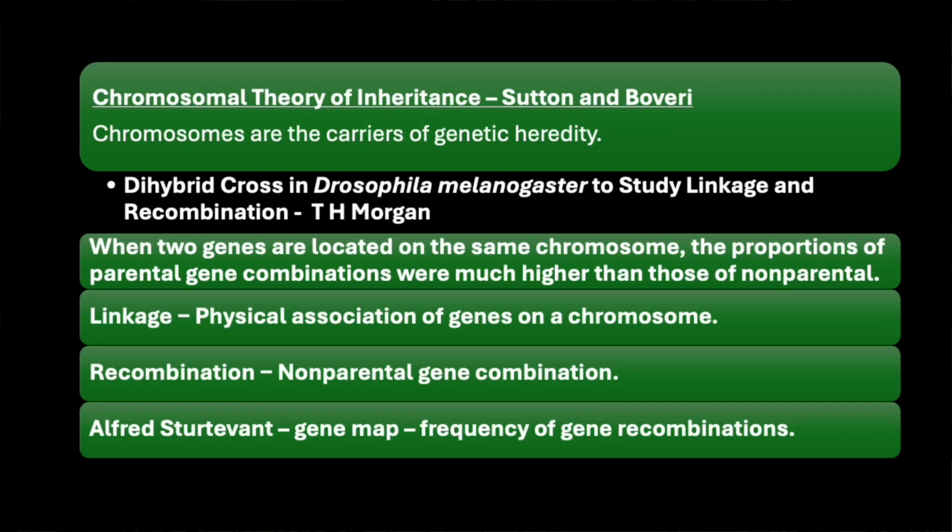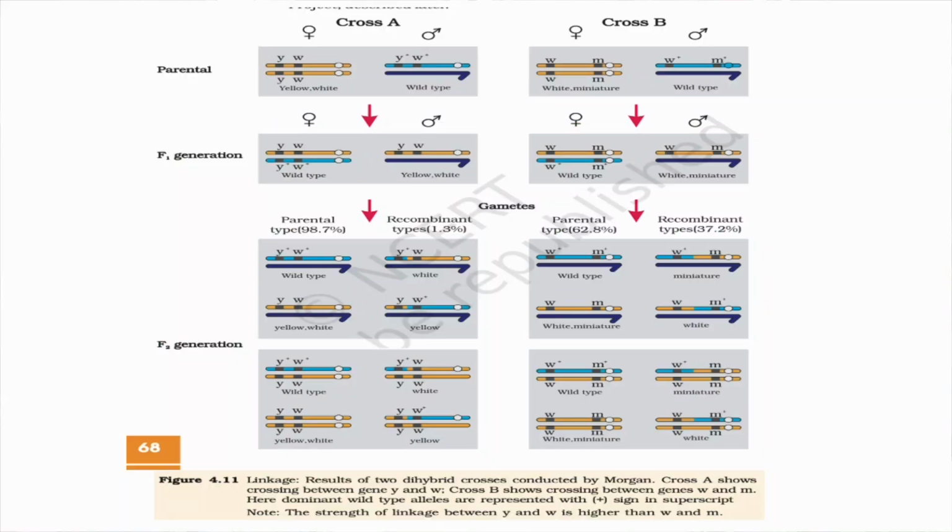Then we come to the chromosomal theory of inheritance, explained by Sutton and Boveri, and the experiment in Drosophila melanogaster conducted by T.H. Morgan. There you have to learn certain definitions like linkage, recombination, and gene mapping. Workout type questions based on mapping can also be asked. Learn this figure on the screen. This has been used for case-based and multiple choice questions in previous years. Based on this diagram, you can even get sex-linked inheritance type questions.